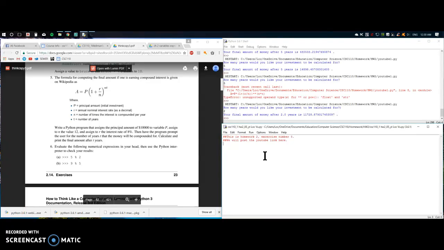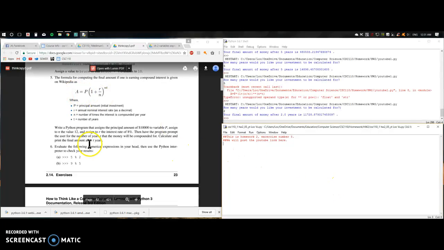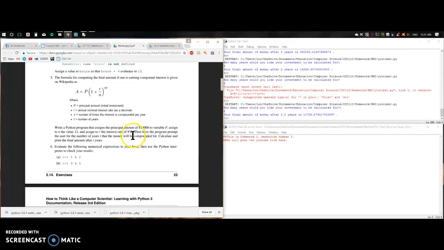Alright folks, today we are going to be doing some very simple coding that involves just simply assigning variables. So we're going to be assigning the variables P, R, N, T, and A. P being the initial investment of $10,000, N to the value of 12, R to the interest rate of 8% in decimal form, so it says right there, and we will calculate the T amount of years